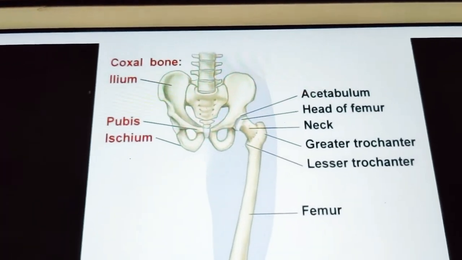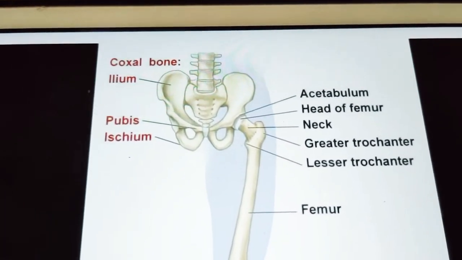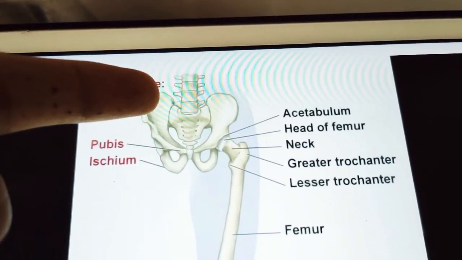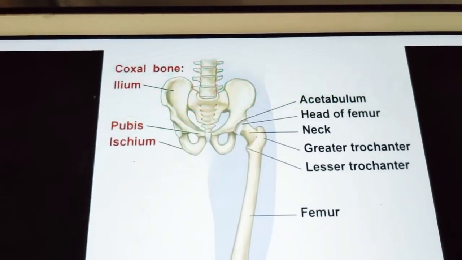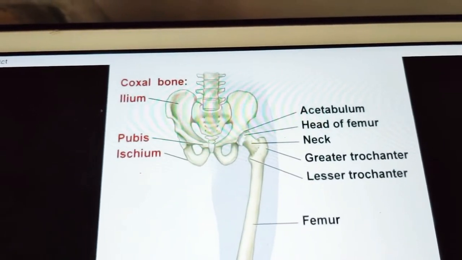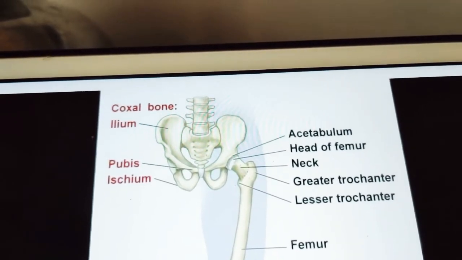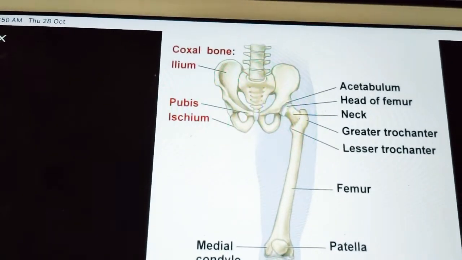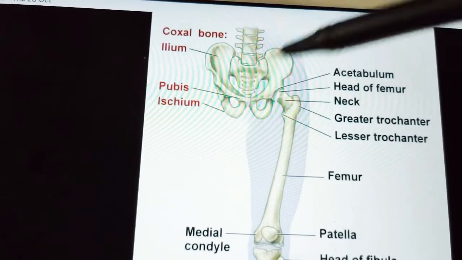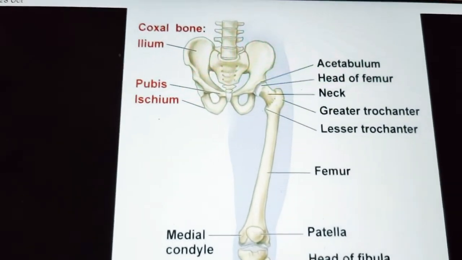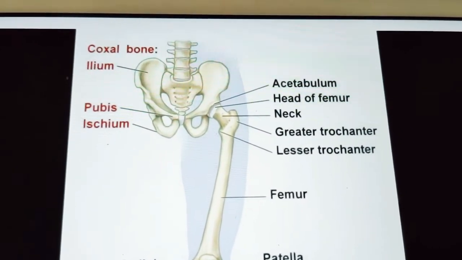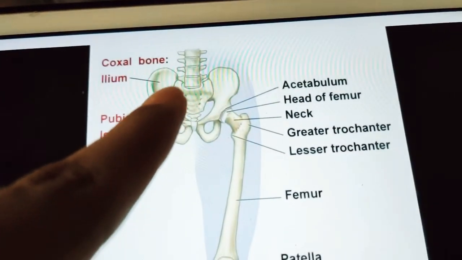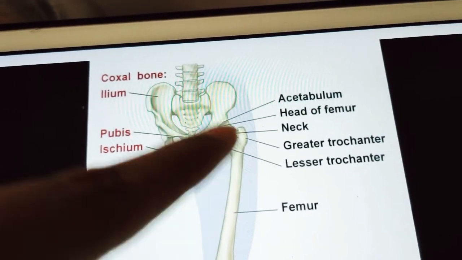You can see this back side. Okay, they're articulating with the sacrum at the sacroiliac joint. So this joint between the ilium of the hip bone and the sacrum is called the sacroiliac joint. Okay, and this bony pelvis includes 2 hip bones, a sacrum and also a coccyx. So coccyx is not seen over here, it will be inside, like you can see the small part here, that is a coccyx, below the sacrum. So these all bones are mainly forming your hip joint. Okay, so hip joint is an articulation between the hip bone and the femur. So what is the hip joint? The hip bone with the femur, they articulate together to form the hip joint.